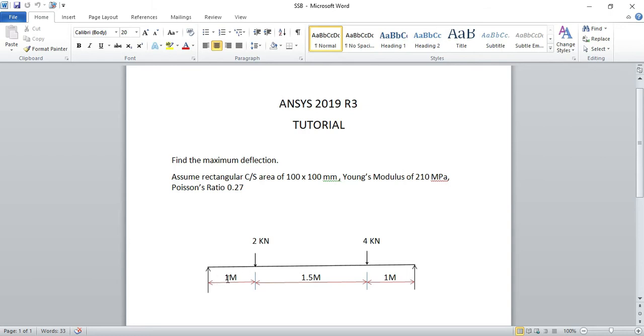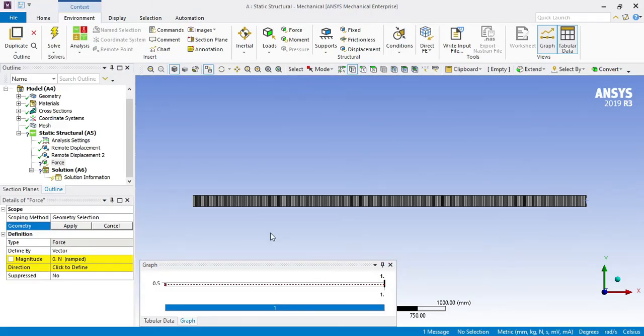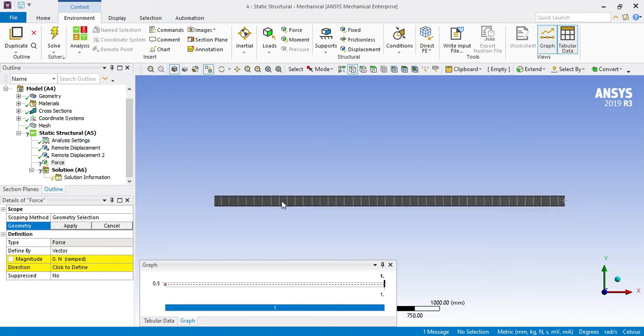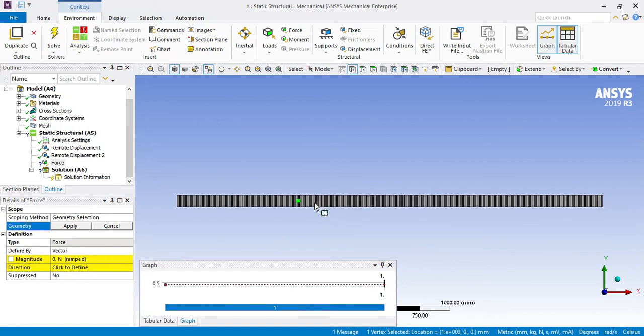You will see here apart 1 meter, 2 kilonewton load is acting here. Or otherwise select on this box and select. So here the point load is acting.